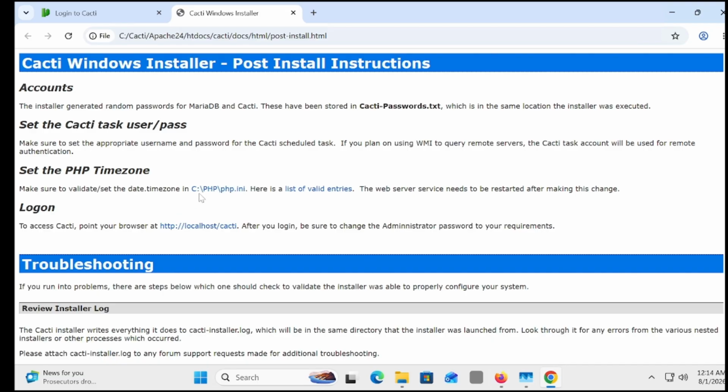First of all, you need to check the time zone. You need to set the time zone of the country in which you are living right now. It is very important in order to get the proper results from the server and routers. So just click on the time zone entries,